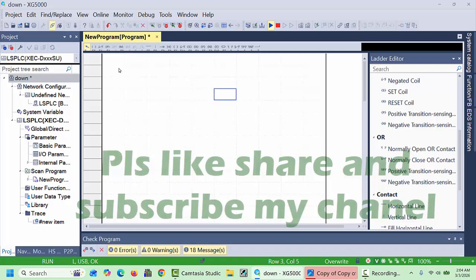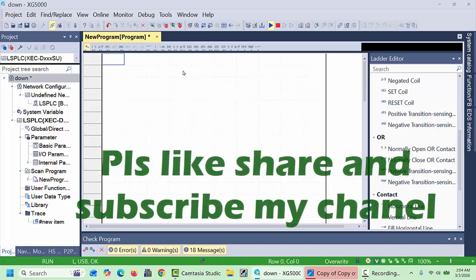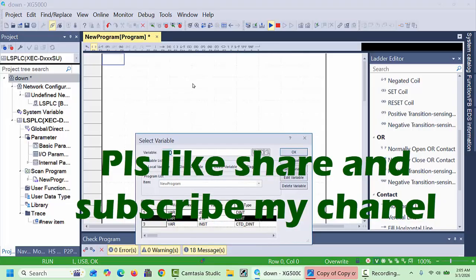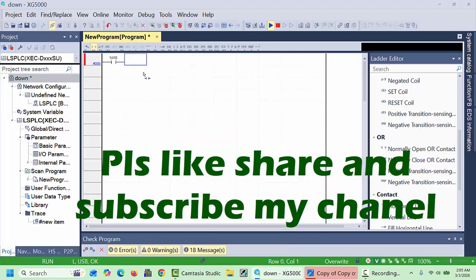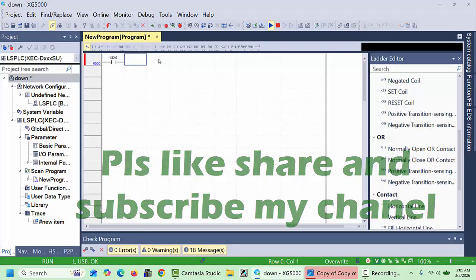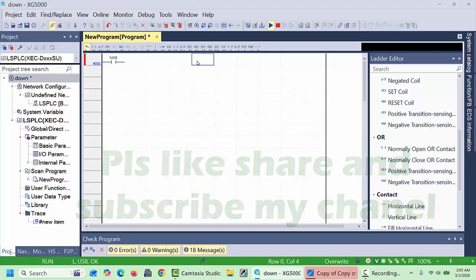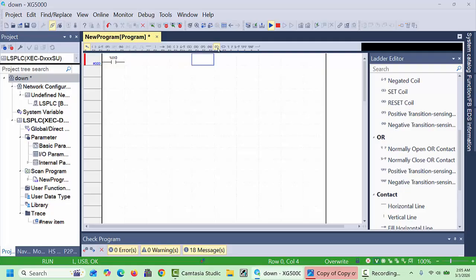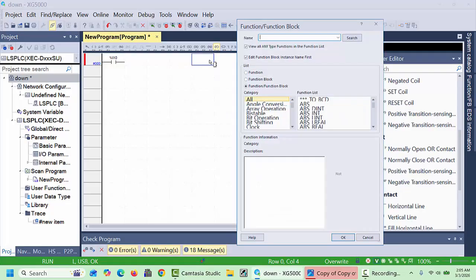XG5000 software, and here we create the program. We will take one input bit where we give the signal. As an example, IX0 is my first input to decrement the counter, and second we will choose the counter. Press F10 and write